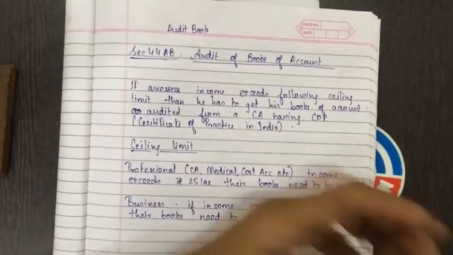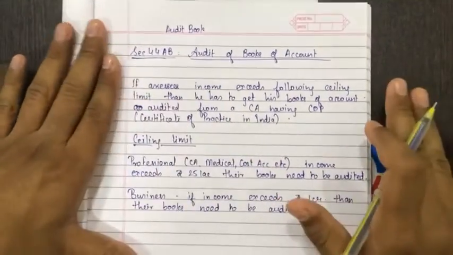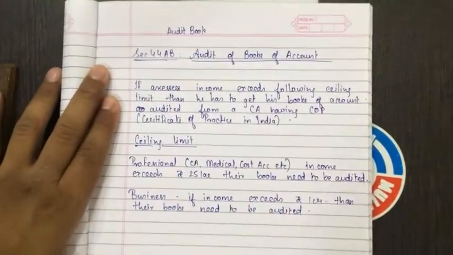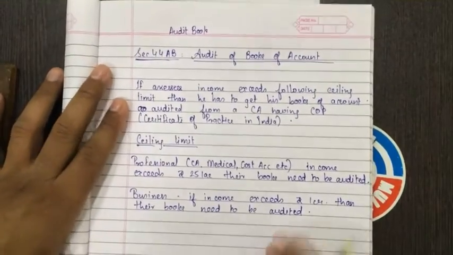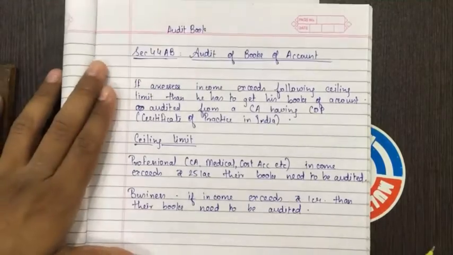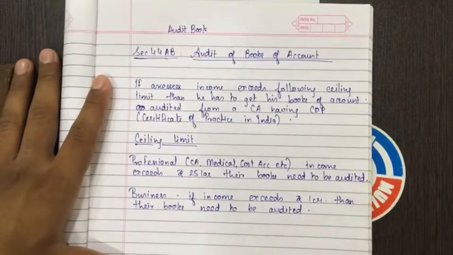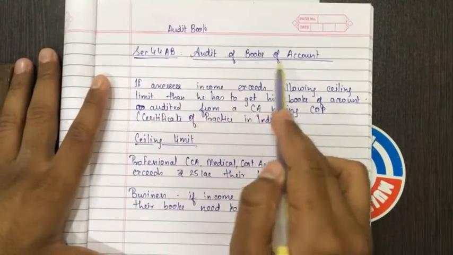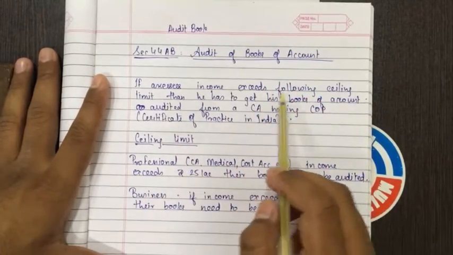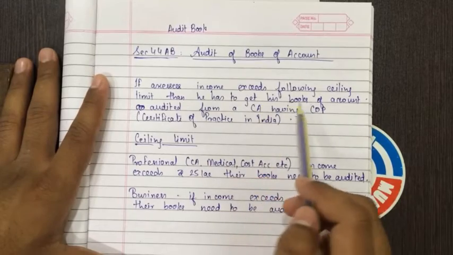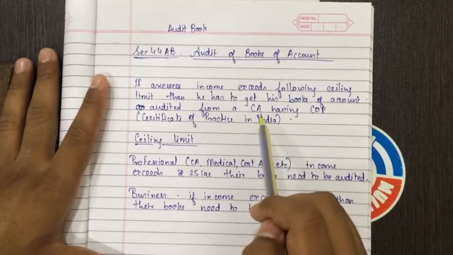This much is only the theory. I want you all to please pause the video and copy it down. Then I'll again revise it for you all. I hope you all have copied. See, section 44AB deals with audit of books of account. Who has to audit his books of account? If an SSC's income exceeds the following ceiling limit, then he has to get his books of account audited from a chartered